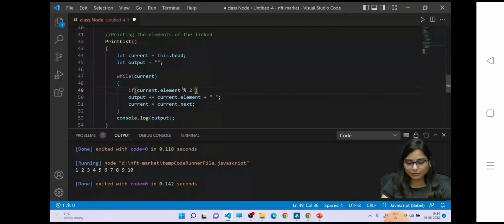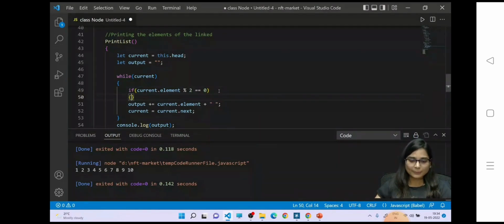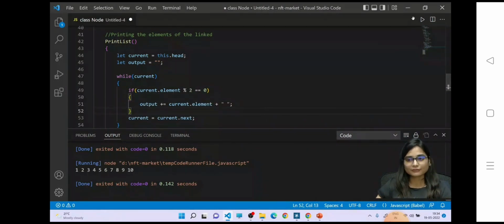If it is divisible by 2, what does it mean? It means it is going to be an even one, right? So let me put this particular statement inside this. Now if I run it, you can see it is printing all your even nodes. But what the question was entirely, that you print all the nodes which are even